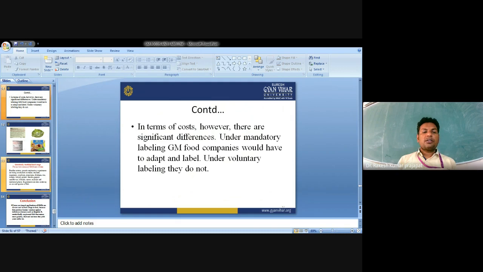There are some exemptions. Food which is often from GM crops but does not contain novel DNA or proteins, like oil, sugar, starch, etc., can be exempt from the label. Similarly, some food additives and processing aids are exempt unless novel DNA or protein is present in the final food product. Similarly, some flavors present at no more than 1% in the final food are exempt. Food prepared at the point of sale, such as restaurants, and food obtained from crops that have been genetically modified through techniques other than recombinant DNA are also exempt.